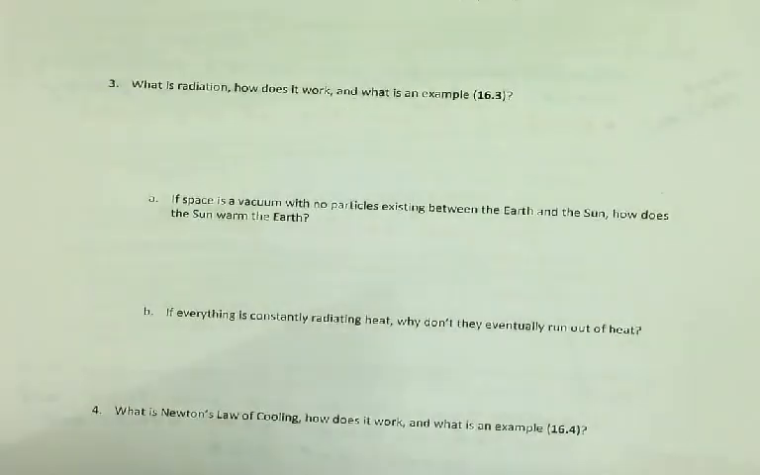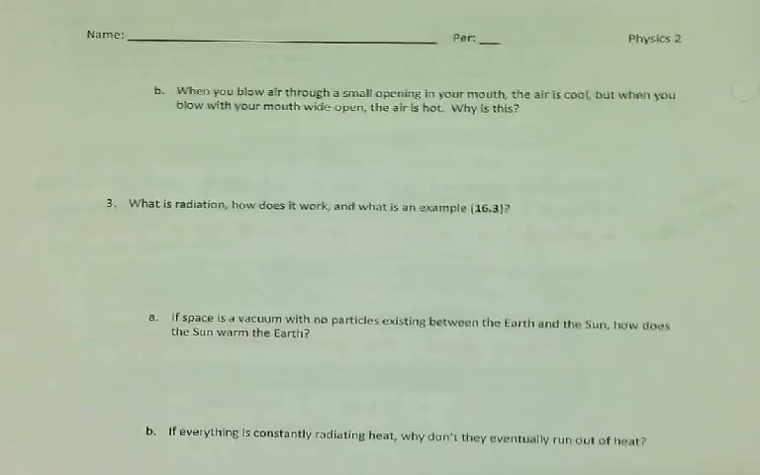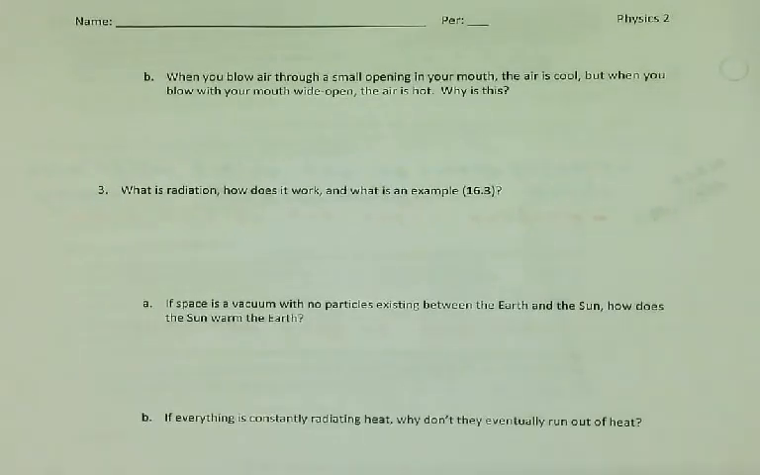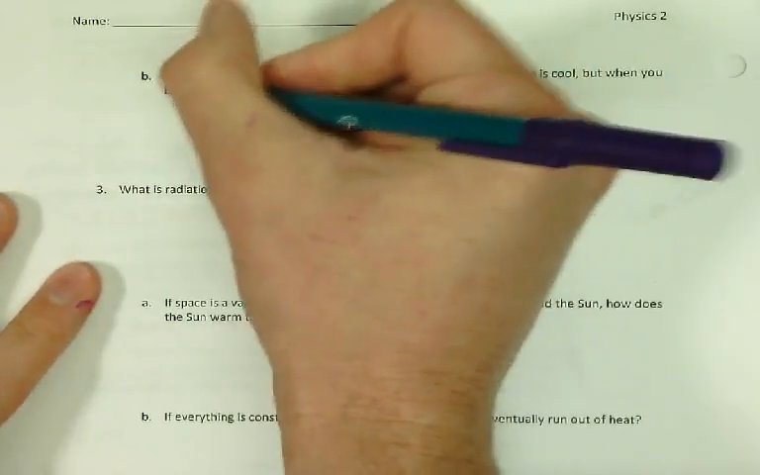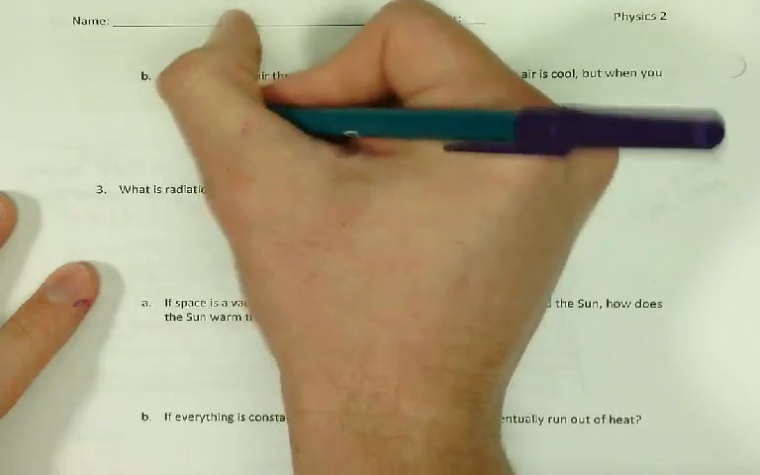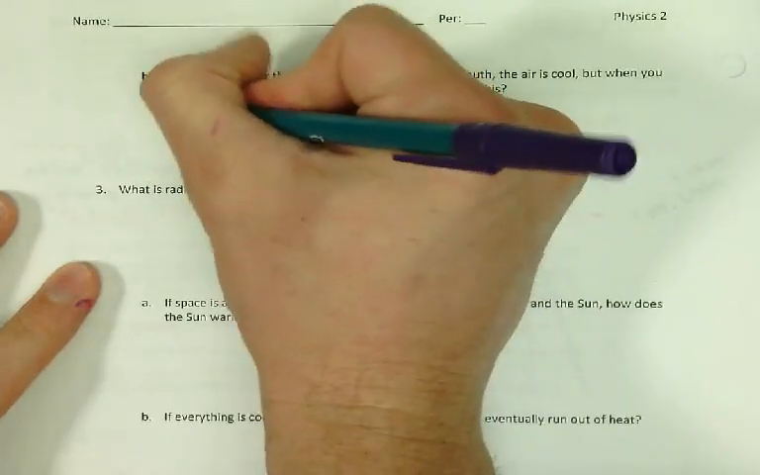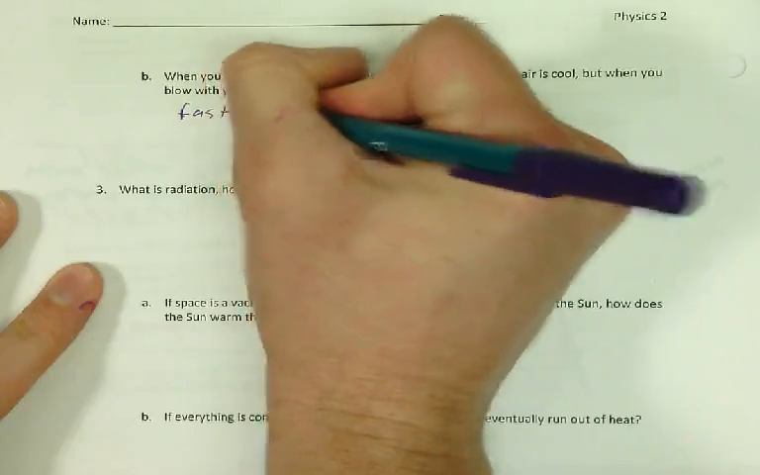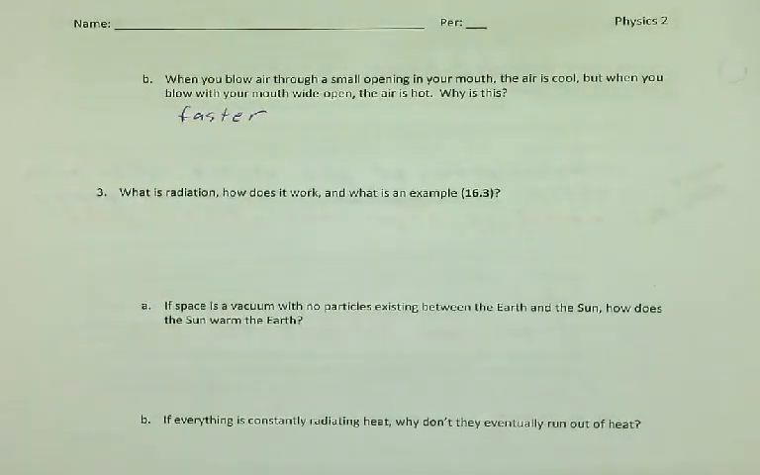Hayden, tell me about B. Tell me about this blowing air business, because this is a good one that people ask me about all the time. So when you blow air out of a narrow opening, like your mouth is a small opening, it expands and so it cools down. Yep. So faster moving air. So when you blow air through like a narrow opening in your mouth,